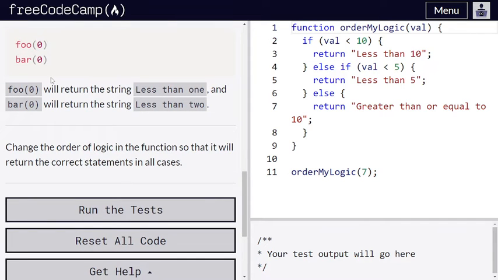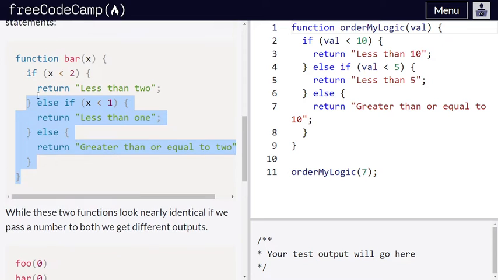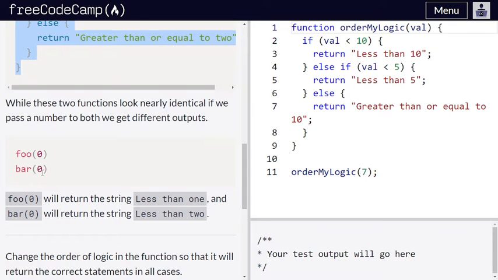So even though we have the same type of code in both examples, we are getting different output for the same input value.